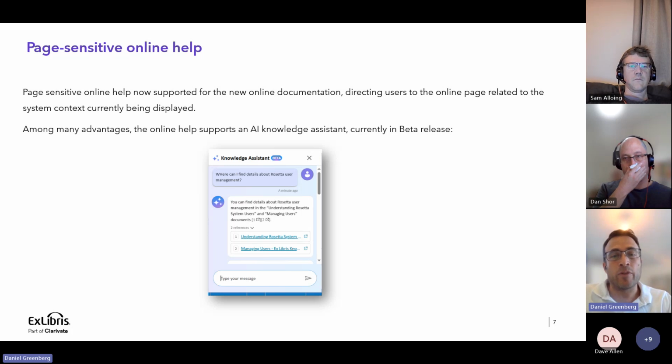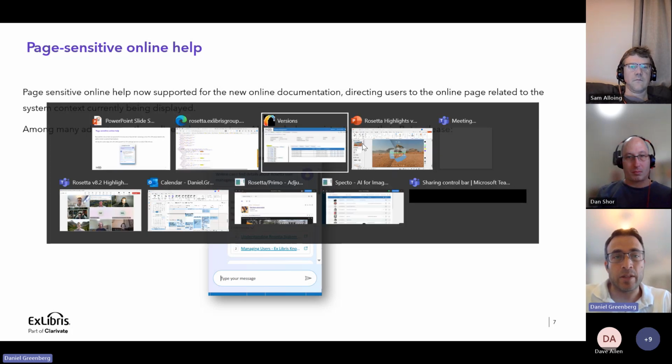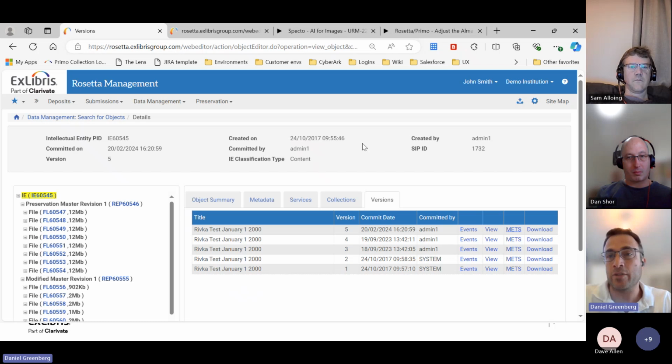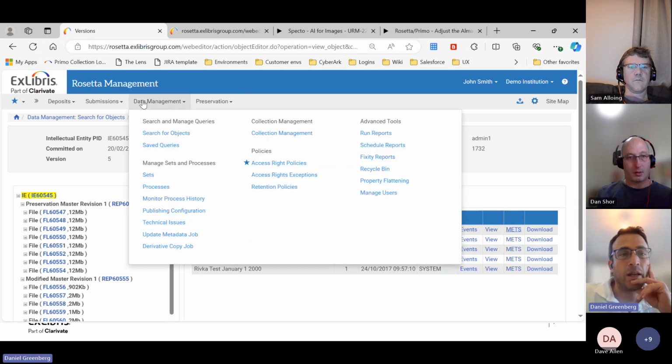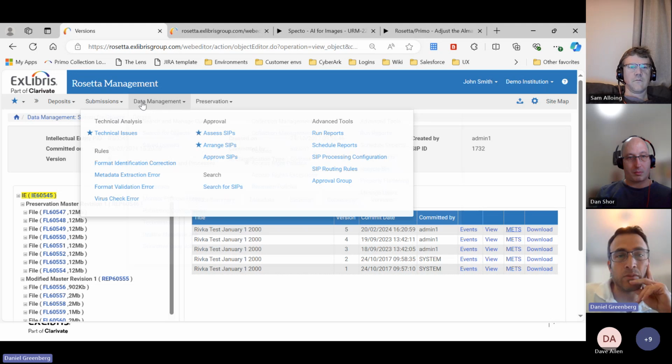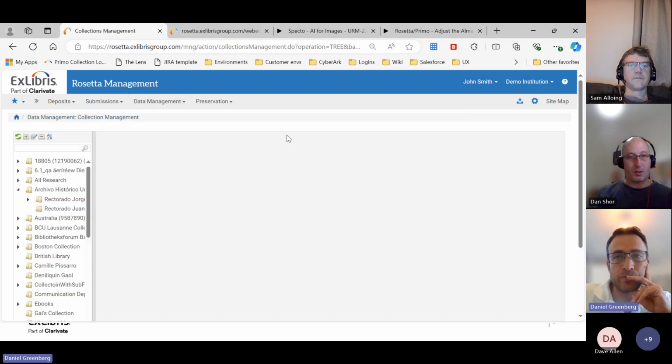So for example, now there's a knowledge assistant, an AI-based knowledge assistant, which has been introduced into the online help. So now you can use this also for Rosetta. Let's just see what this looks like. Now we've added page-sensitive online help. That's really what we've added in this release. So for example, if we look into collection management,